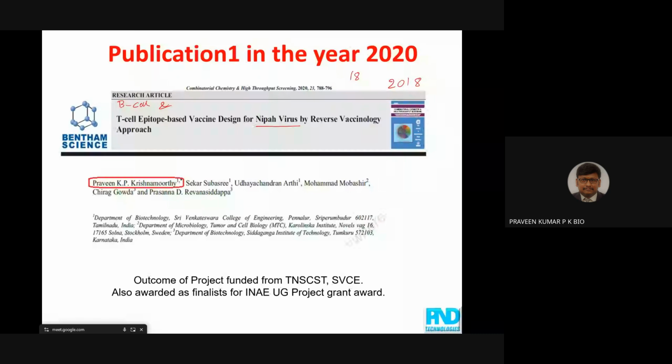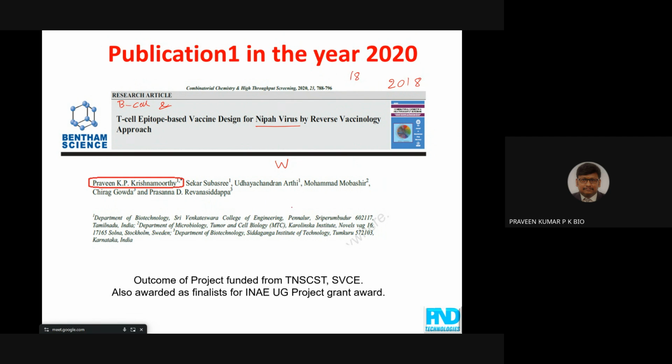So this made me think about and work on this kind of strategy using reverse vaccinology. When I started working, all the data on the structural and non-structural proteins present in Nipah virus were already published at that time. I had only one option, to work with a protein called W protein. W is a part of the structural proteins of Nipah virus. This alone didn't work. Of course, this is also a virulence protein. So I started working on this protein.